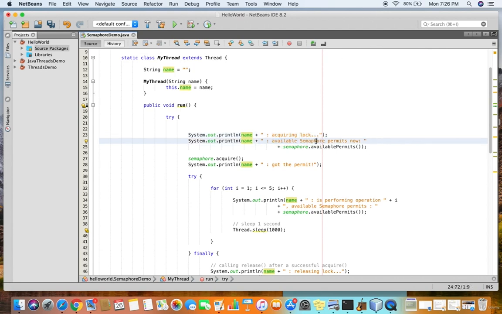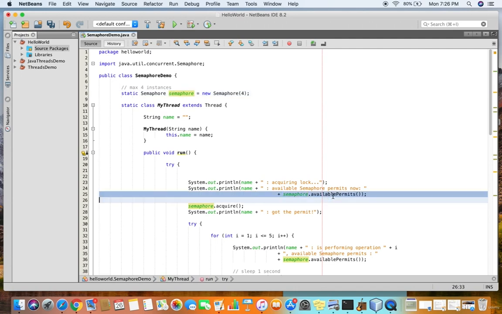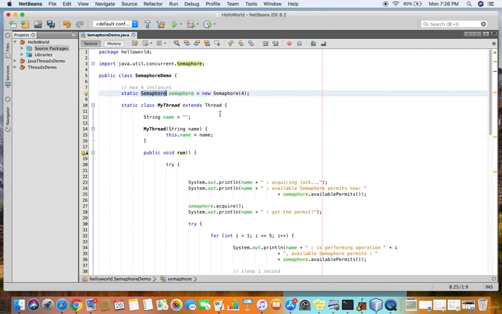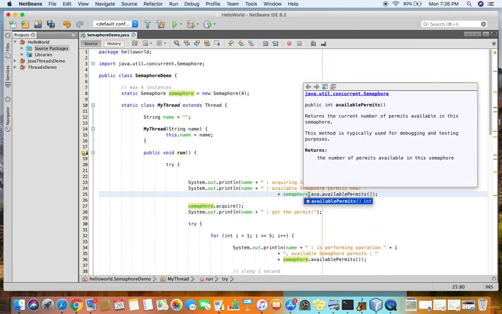And next, available semaphore permits. So we'll create the semaphore here, and semaphore.availablePermits. So once we create an object of the semaphore class, you can see .availablePermits,